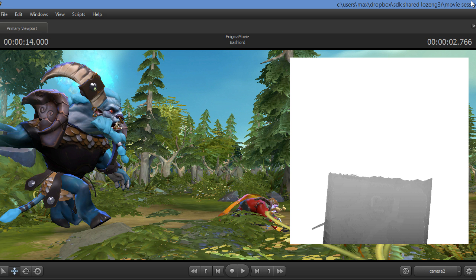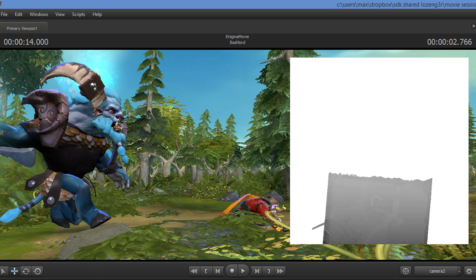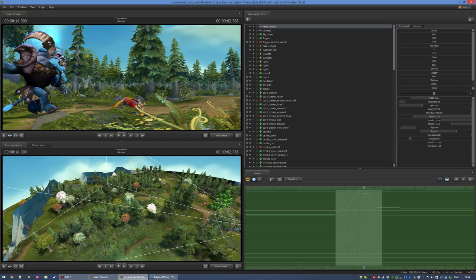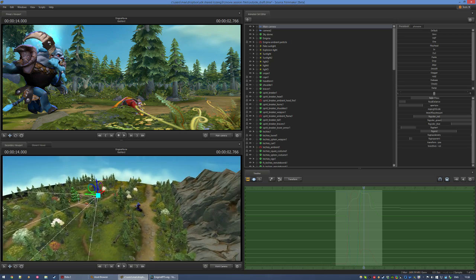The default values of 24 and 24 thousandths are really bad, as you can tell by the shadow map display here and the shadow around Spirit Breaker's feet. What I did was to fit the values as close as possible to the scene in each shot. With a Z-near of 128 and a Z-far of 4500, it's a lot better. My draw distance is effectively very limited, and this is why the Skydome doesn't cover a lot of ground, as